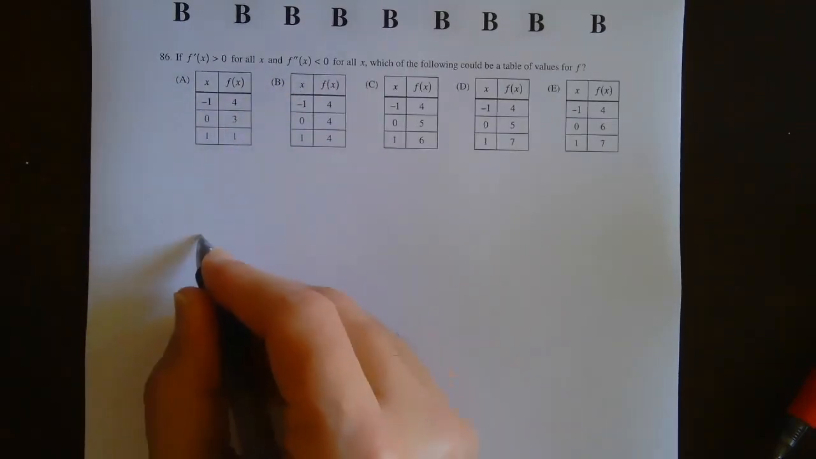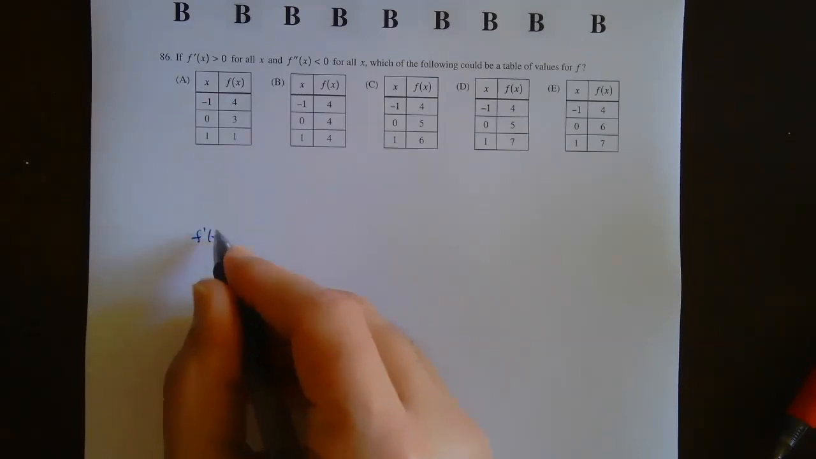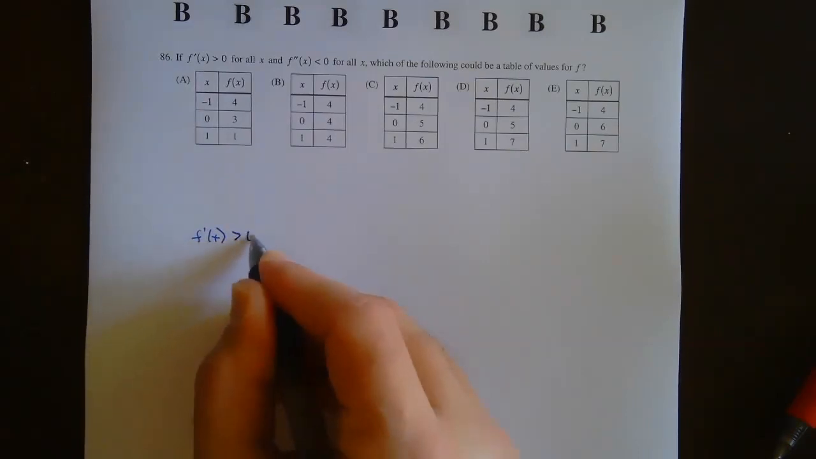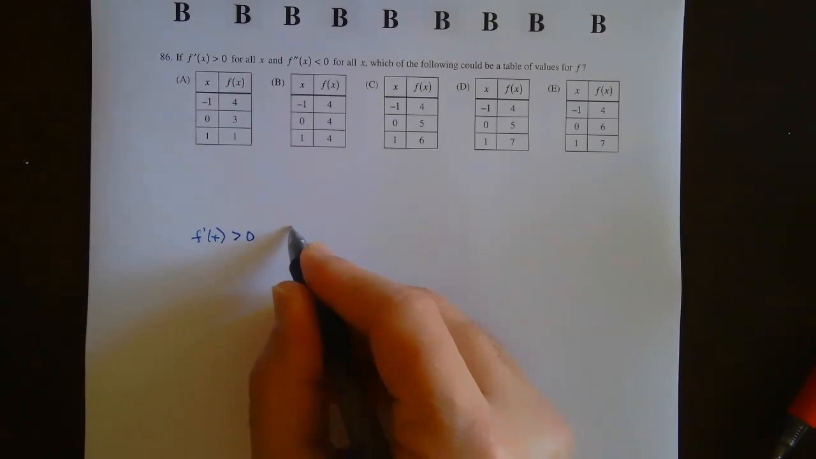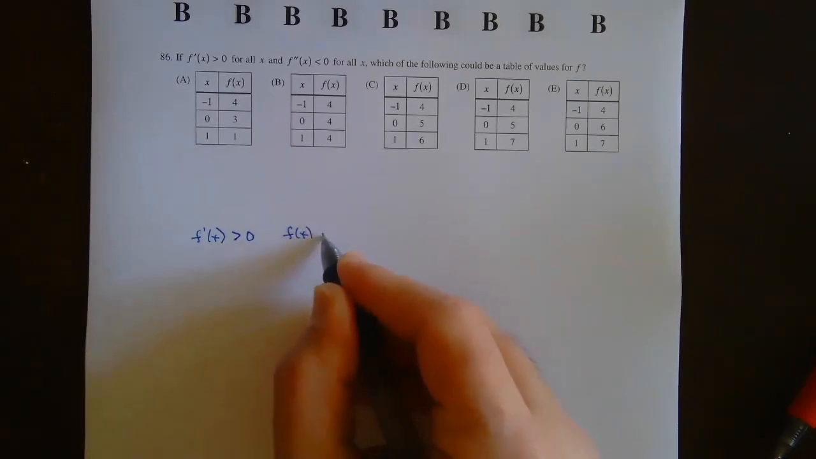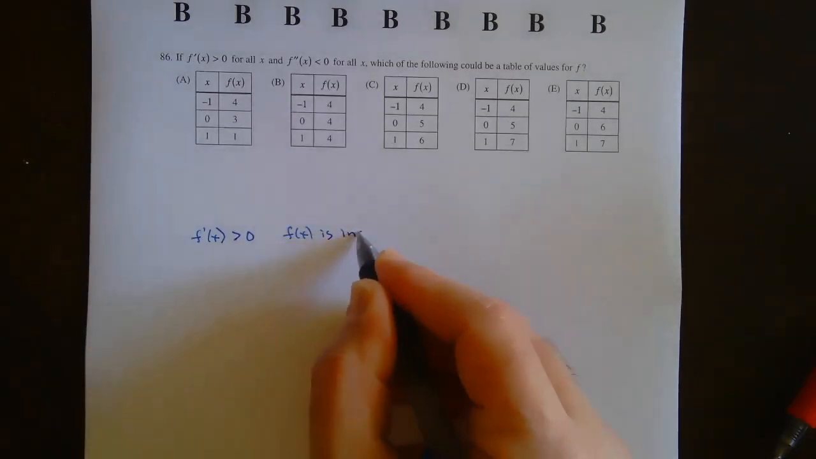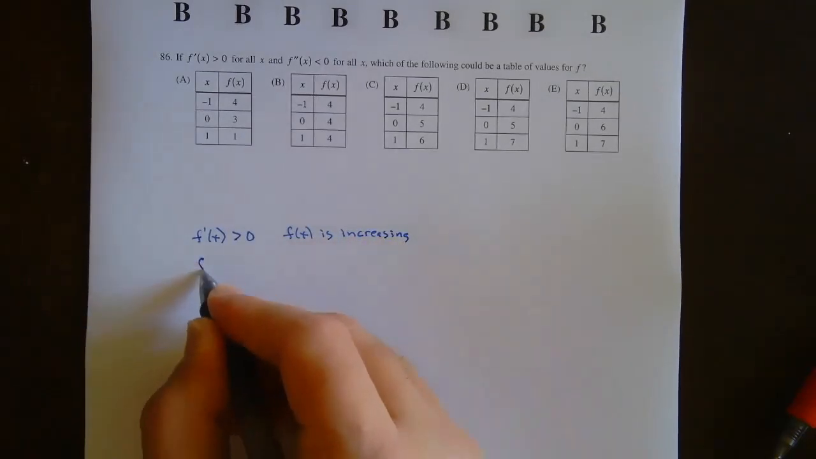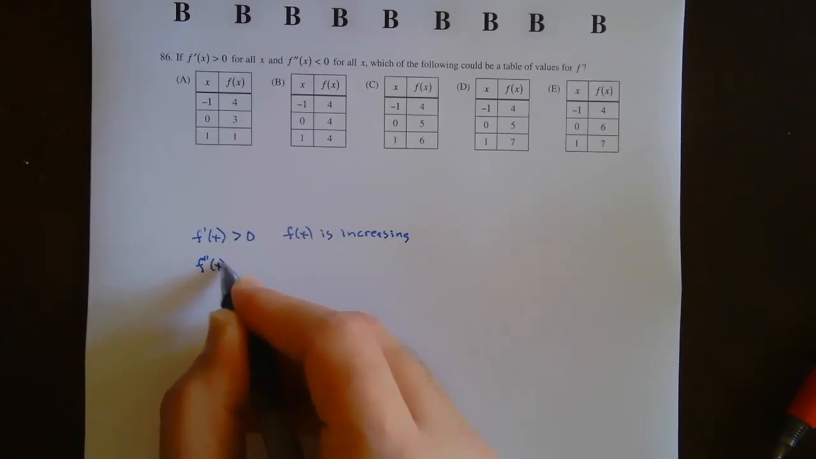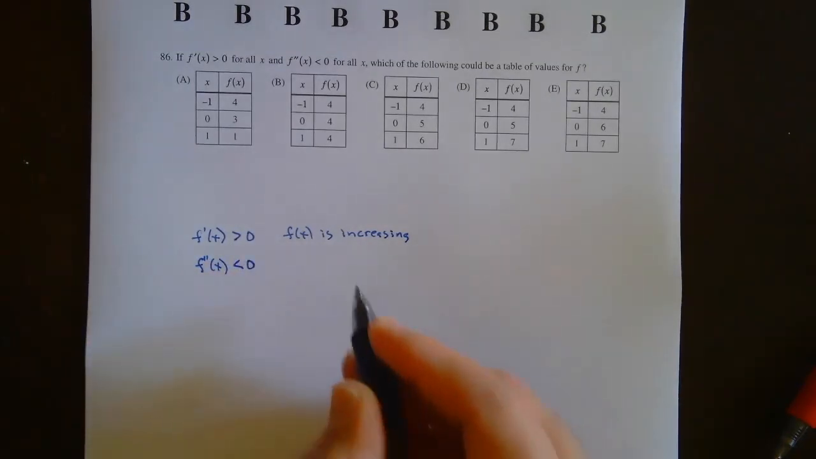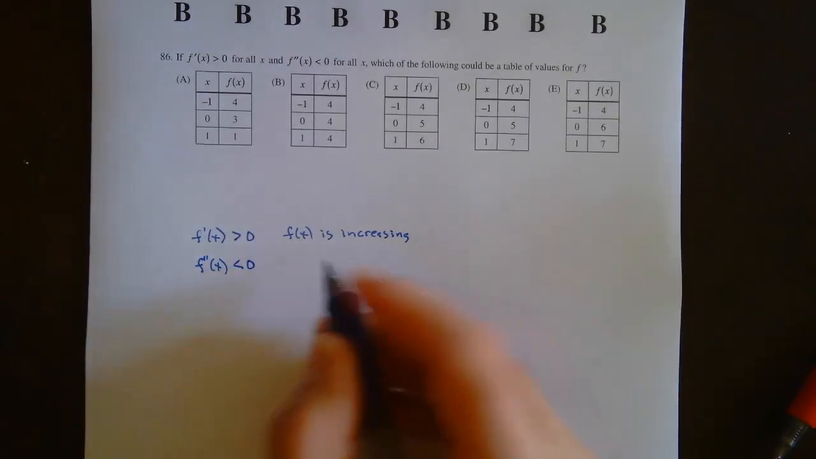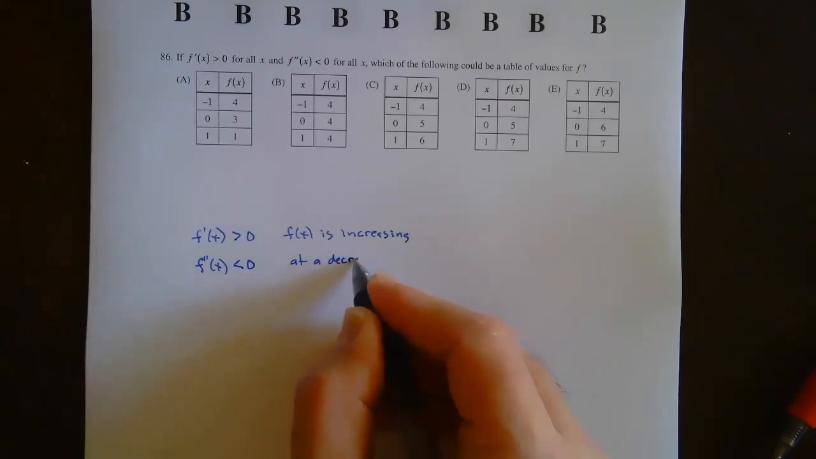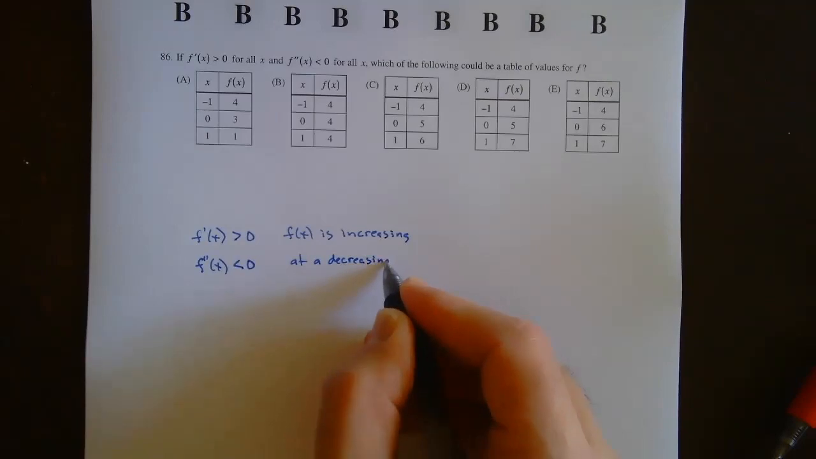So I'm going to write this. f prime of x greater than 0 means our function has to be increasing. f of x is increasing. And then f double prime of x is less than 0, so f of x is increasing at a decreasing rate,